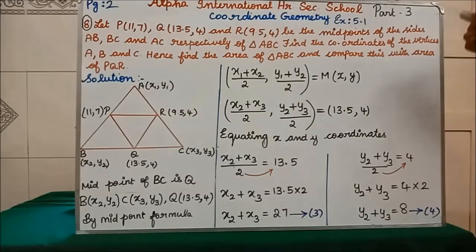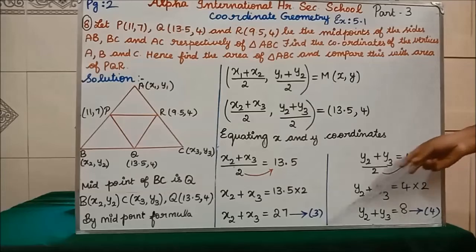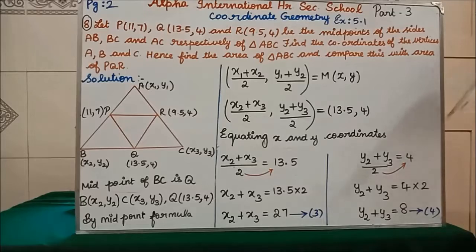Clear? In the AB side we got two equations that we marked as equation 1 and 2. In the BC side we have got two equations. So continuing the equations from 1 and 2, here 3 and 4. Still, which side do we have? The AC side. For that we will get 5 and 6. Clear, all of you? Now we will see the AC side.